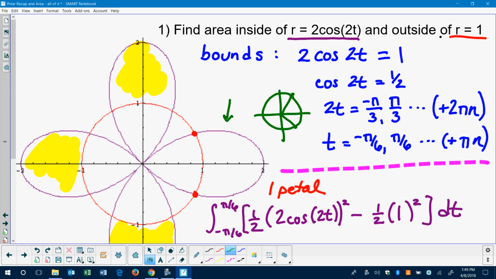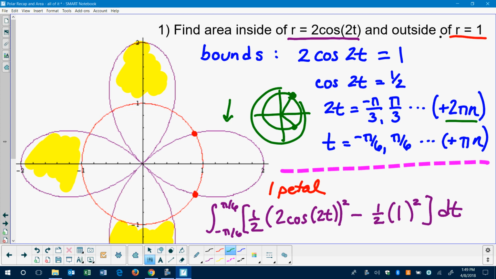And so I would have this spot, which would be pi over 3. And then as I would come around again, that would be adding a multiple of 2 pi each time. And then this value on the unit circle is negative pi over 3, and then the same thing for adding 2 pi each time around. And so my solutions were then negative pi over 6 and pi over 6, or whichever other ones if you